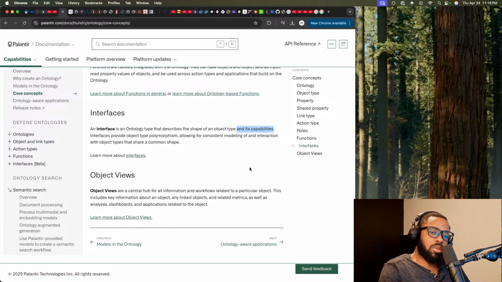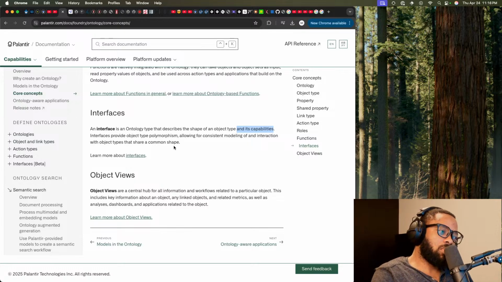Let's say you define the user ORM model, then later in your application you can do user dot filter by something. I feel like that's what this is.